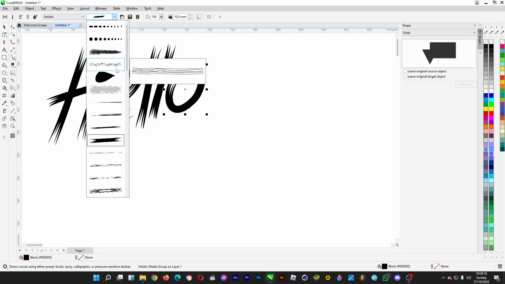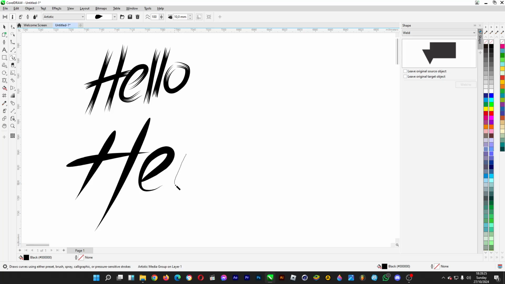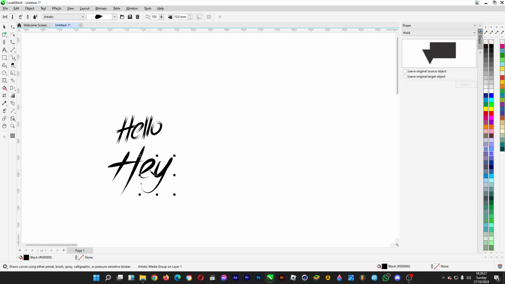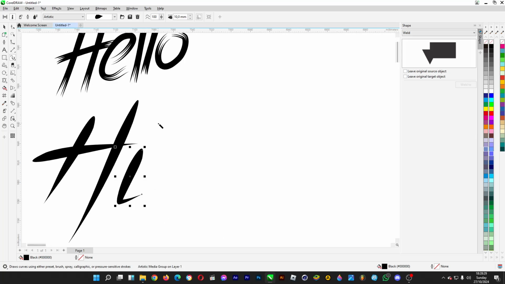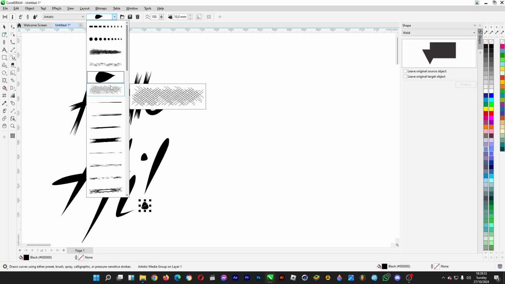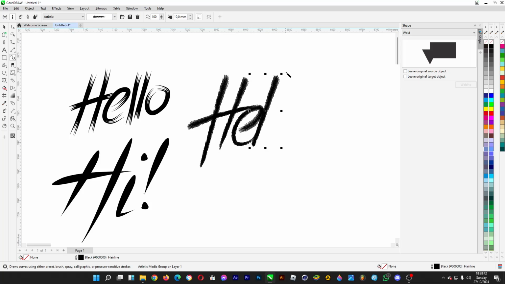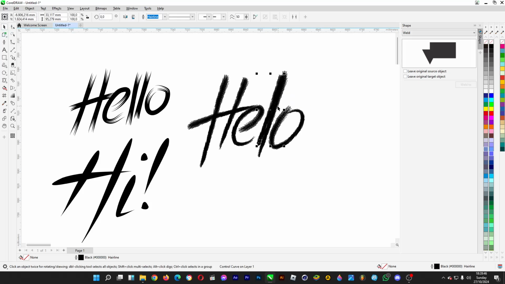Then you can also change the style of your stroke, for example this. Then you can even make some paintbrush kind of effect, just like this. You can move it a bit